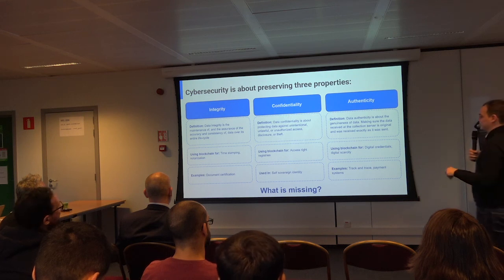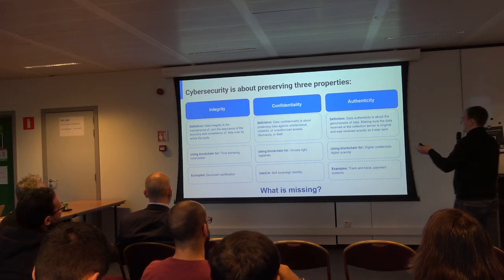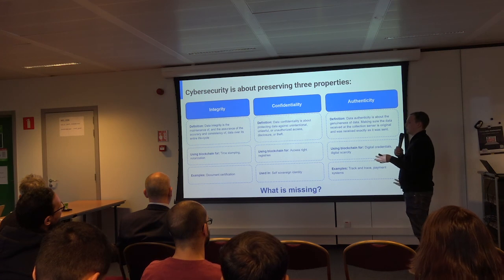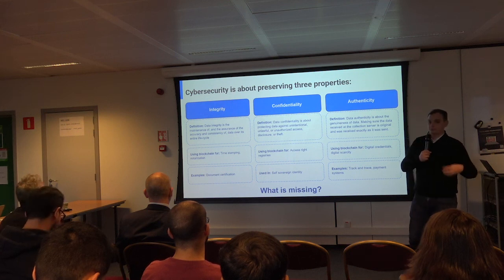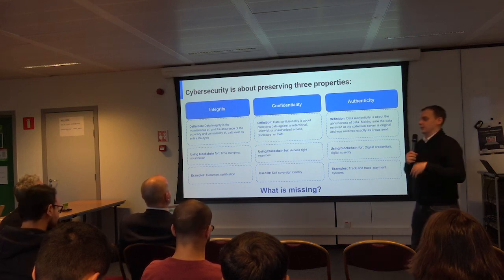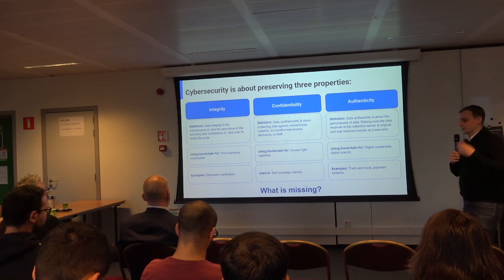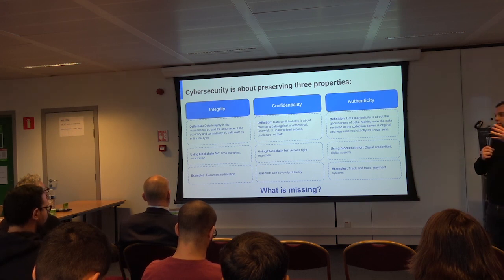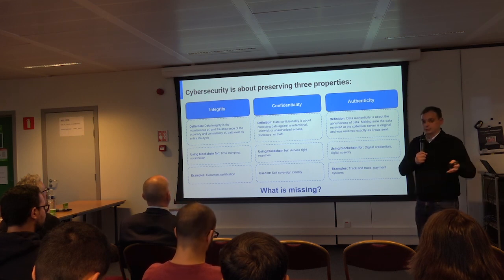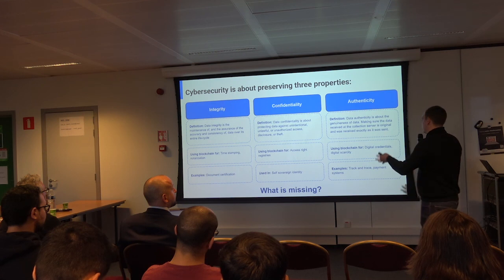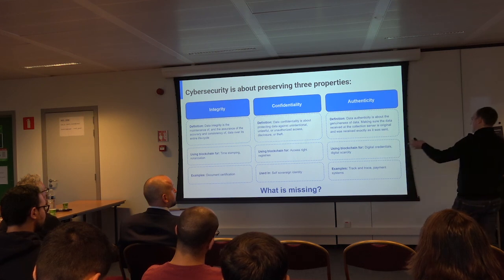I'm going to give a few examples, and then the goal is that everyone here helps us to complete this slide. If we look at integrity, one main usage of blockchain is notarization, something very simple. You take data, you notarize it, and afterwards you are sure that the integrity of the data will remain as is. That could be used, for example, in a use case such as document certification. This is the first example of maintaining integrity.